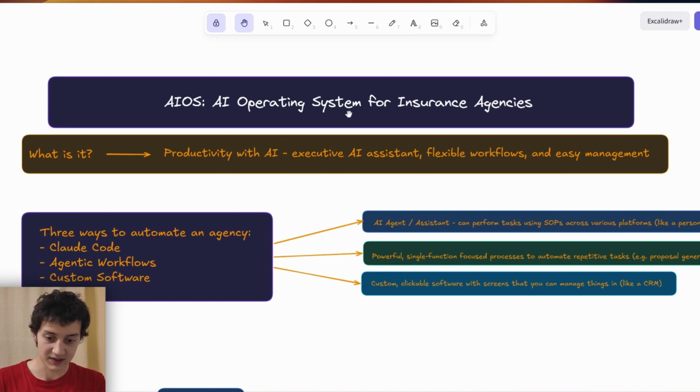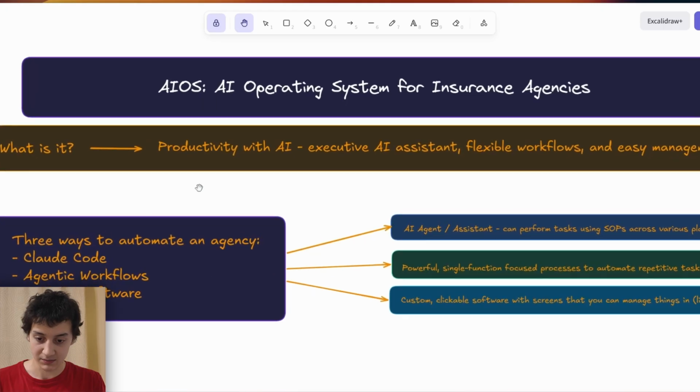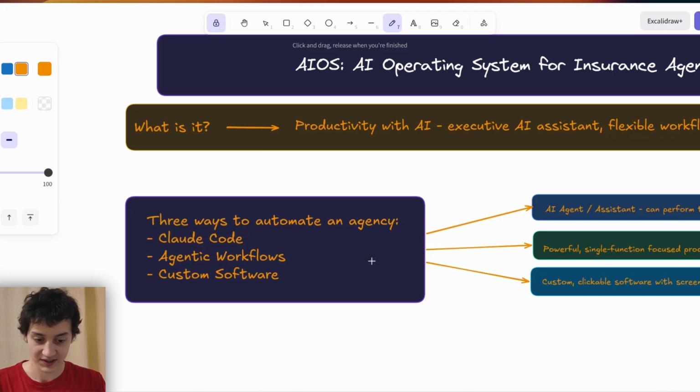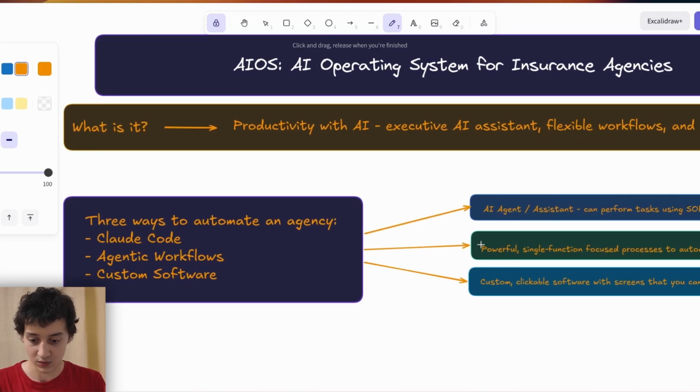Essentially, an AI operating system, whether it's for insurance agencies or pretty much any other business, is going to be a productivity system with AI. So this is usually going to be a 3-pillar system, something like an executive AI assistant, flexible workflows, as well as easy management of whatever data or things like leads you need. And the 3 most straightforward ways to currently automate an agency are going to be Claude Code, agentic workflows, as well as custom software. Now, if this all sounds scary, let me break it down in simple words,